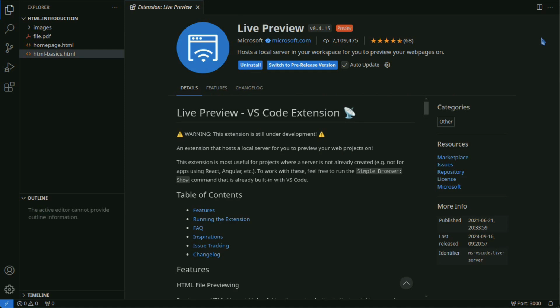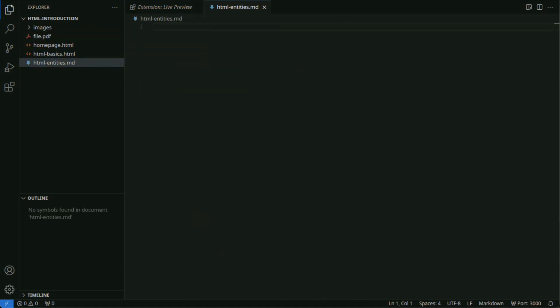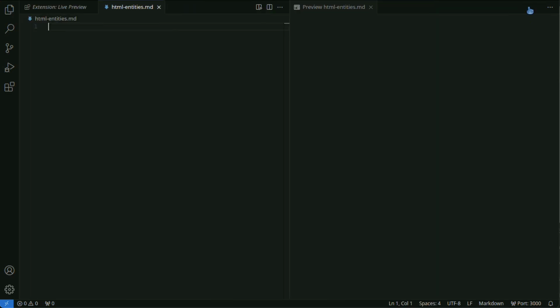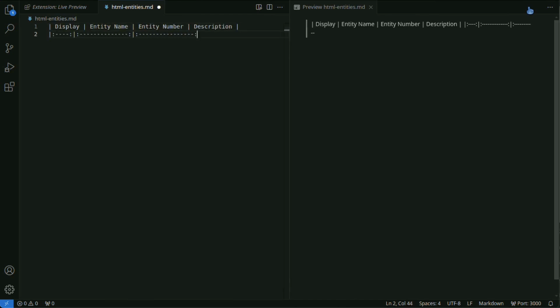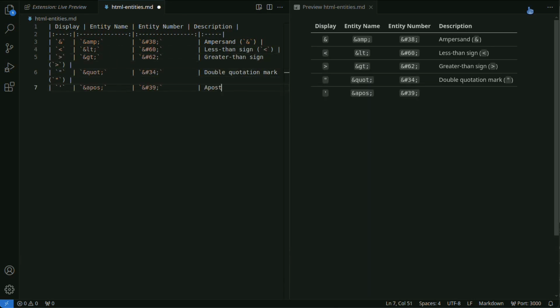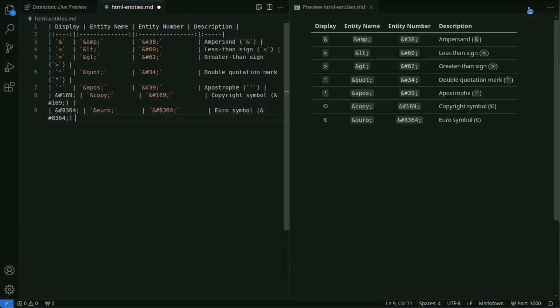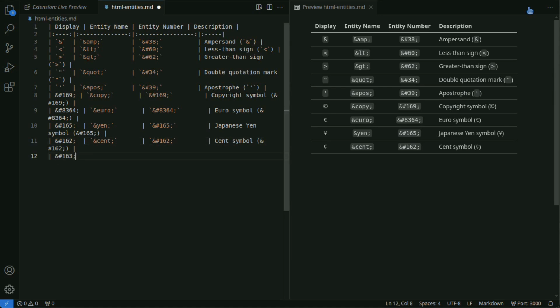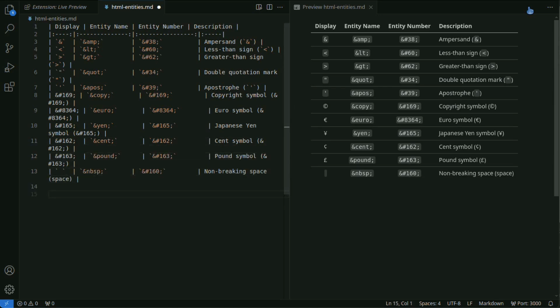Let's make a table of some major special characters in Markdown. Particularly, angle brackets, less than, greater than, and double quotes need to be used correctly in HTML.